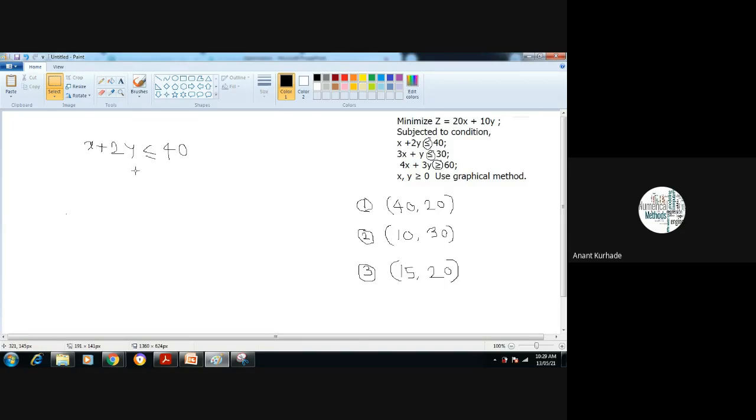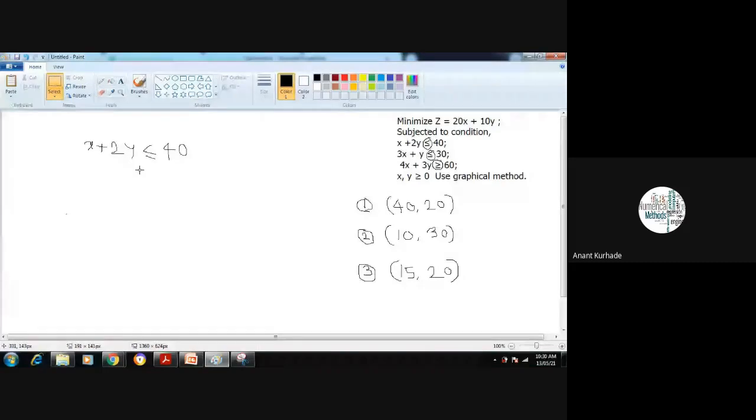But in this simplex method, two kinds of variables are important: slack variables and artificial variables. In today's lecture, just think about slack variables. Slack variables start with S, so we use S1, S2, S3, S4 and so on. S1 means the slack variable for the first constraint, S2 means the slack variable for the second constraint, and like that S3, S4, S5. But now we have problems with only two constraints, so you will find S1 and S2 only.